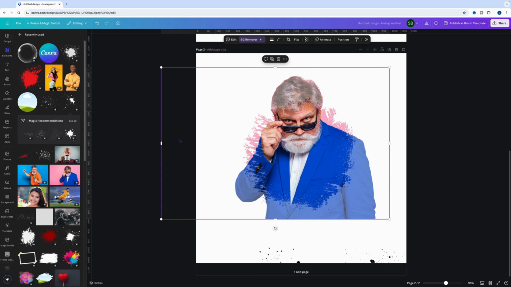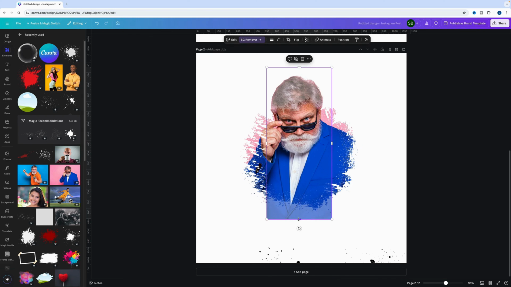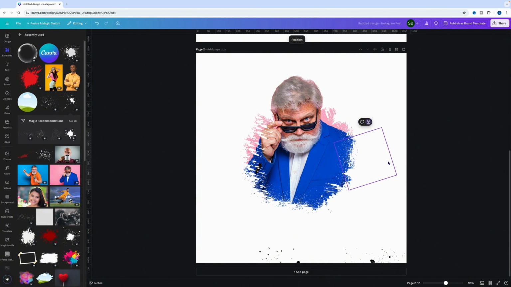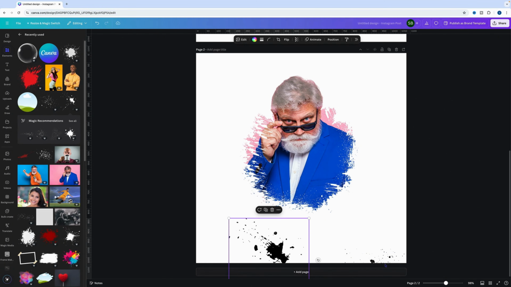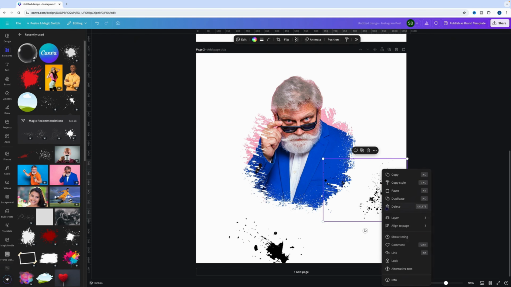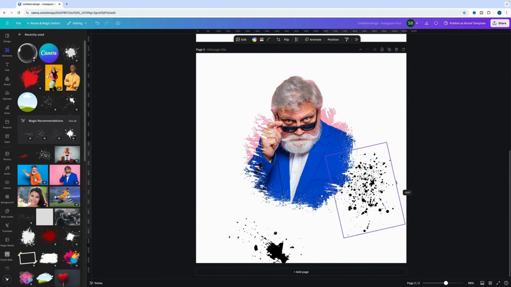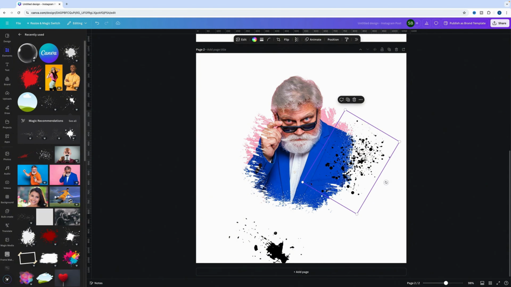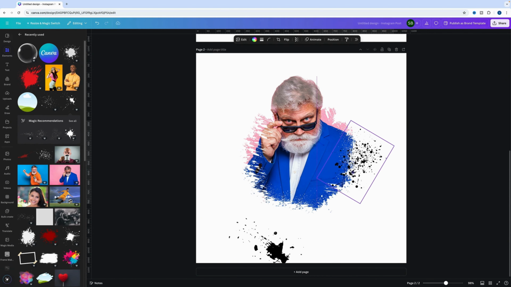Alright, so then what we want to do is crop that up to the head. So we'll bring that in like that, and we'll crop that up to the head there. Alright, so there's a little bit of paint splatter effect, but that's okay. Alright, so now that we've got that, then we start taking this one and bring it to the front. And all we do is turn this around and we start to just position it